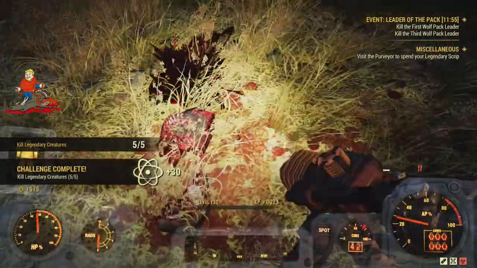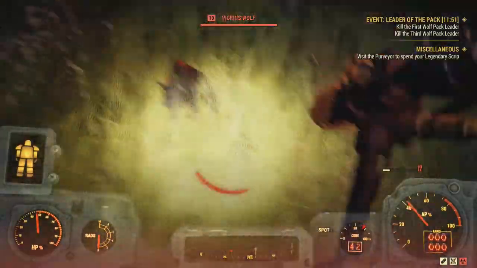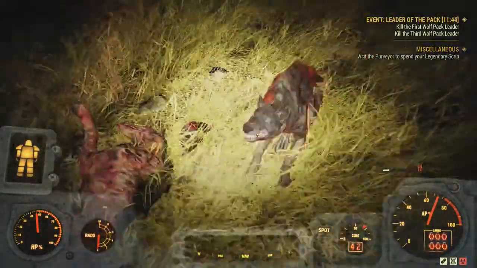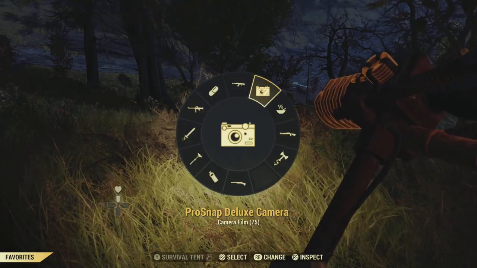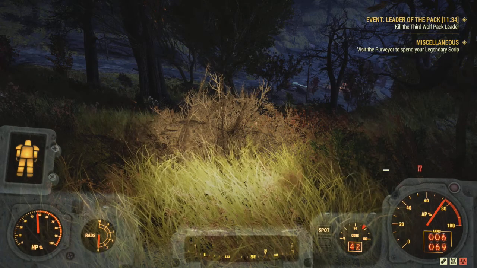So I was about to say, sometimes you lose your legendary. You kill it, you're trying to fight these wolves, of course the wolf disappears into the grass. Obviously there it is there, but let's say we were over here and we didn't know where our legendary was. There is a camera that you can actually get, a ProSnap Deluxe camera. There's a machine you can get for your